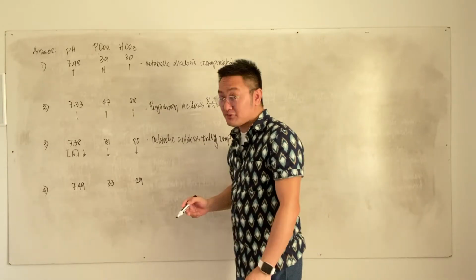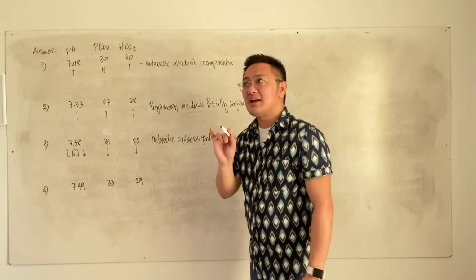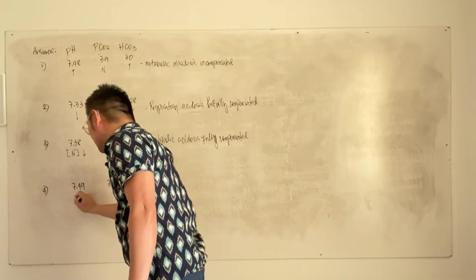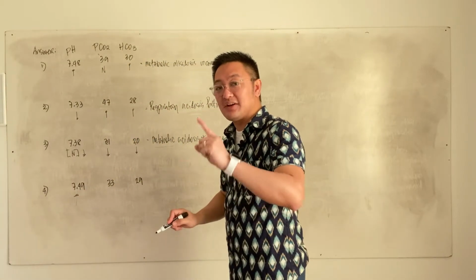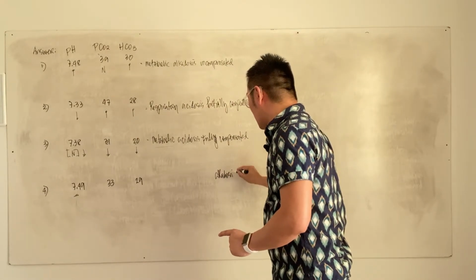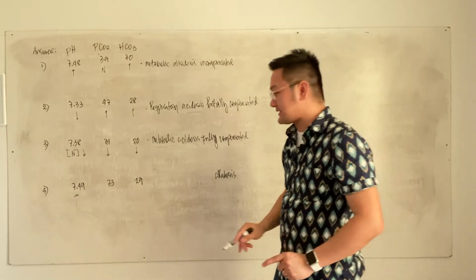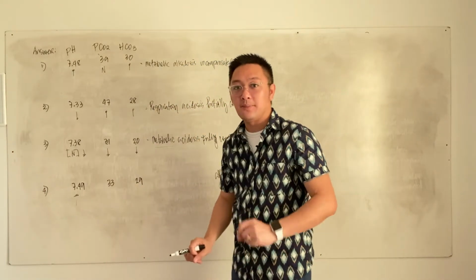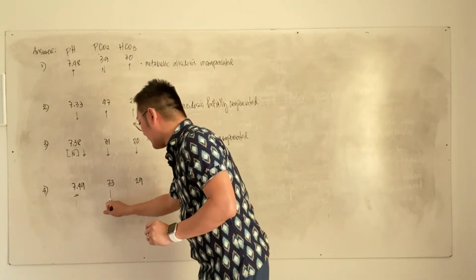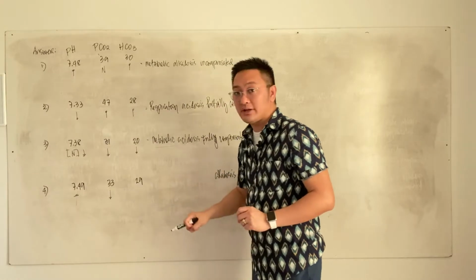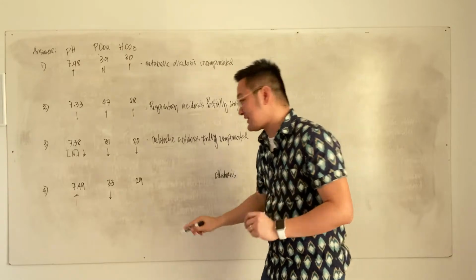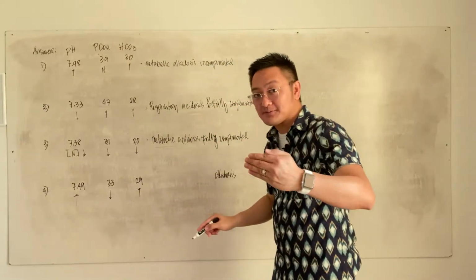Okay? Now, what about number 4? Look at your number 4. 7.35 to 7.45 is the normal pH. 7.49 is actually high. So again, if it is an increase in the pH, we call that alkalosis. Am I right? Alkalosis. Now look at your PCO2, which is 33. The normal PCO2 is 35 to 45. Here it's 33, therefore it is low. Okay? Now what about 29? Bicarbonate of 29 is high because the normal is 22 to 26. So it is high.